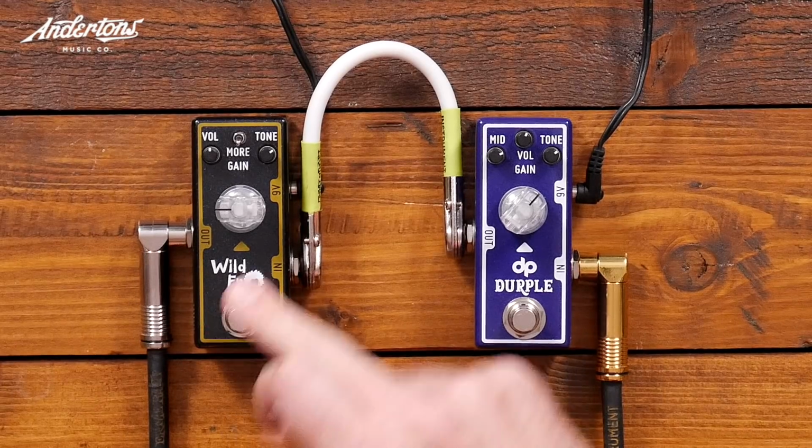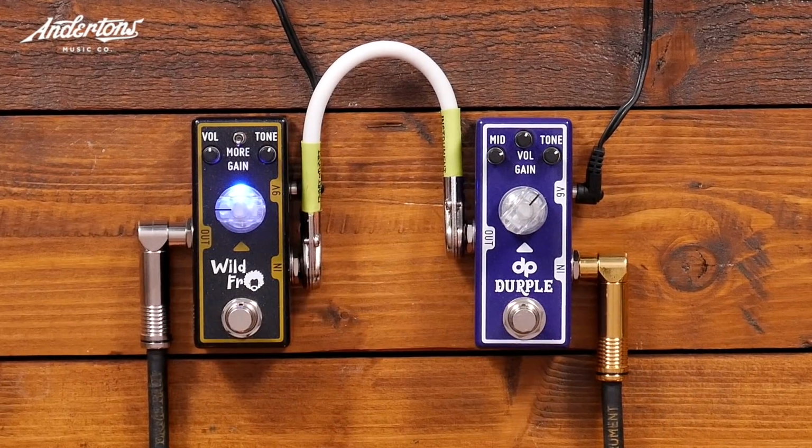Right, then let's try it with the Telecaster. Oh, that's much more kind of a...